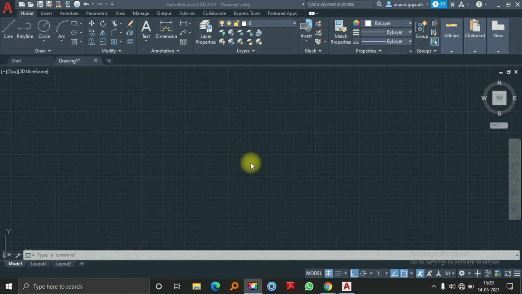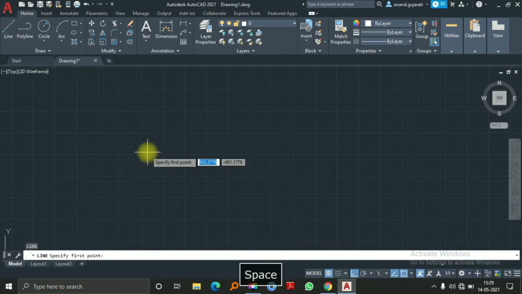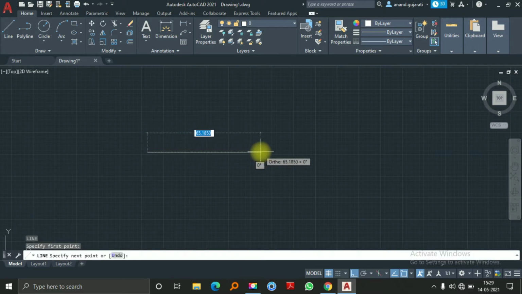Everyone, in this session we are going to discuss the units. For example, in AutoCAD, which kind of unit can we use? So for that, I draw one line. When I specify any kind of number, it will be tagged as a unit. For example, 70, 75, 80, 100. So it will give you an indirect scale.